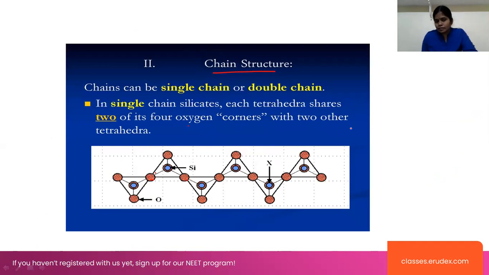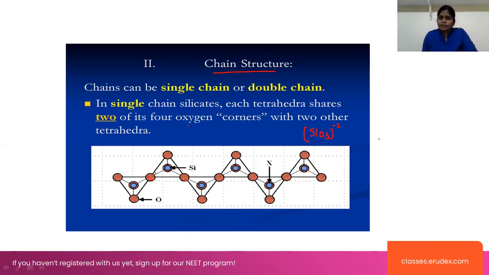Then we have to write the general formula, which is Si. And the next one is, 2 oxygen atoms are shared. 2 oxygen atoms are shared means 2 oxygen atoms are completely there, and 2 oxygen atoms are shared, 0.5, 0.5. Then we will take SiO3 here. And what are the charges here? This will be minus 2 charges. Yes. So look, we will have one more formula here.